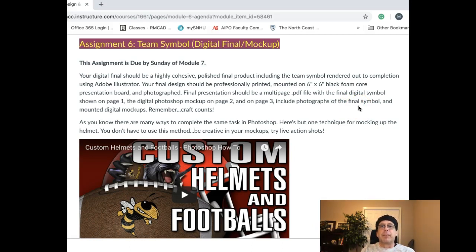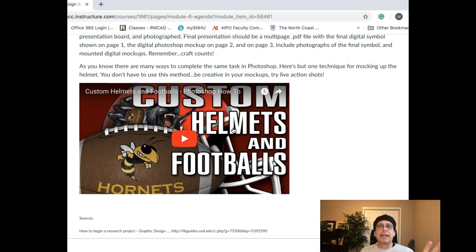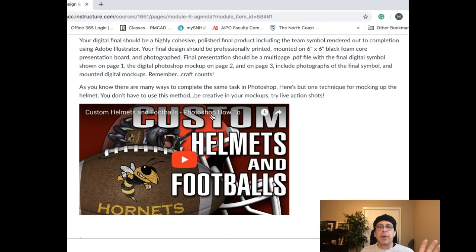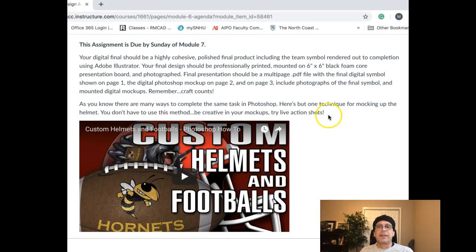the mounted digital mock-ups. Okay, so what's a digital mock-up? This is a nice little video that shows you one idea for mocking up your logo on a football helmet, but you can mock it up any way you want. It's going to entail using Photoshop, more than likely, but not necessarily. I would prefer that you mock it up on an actual photograph as opposed to an illustration. So a real life live shot like this, like the football, the logo on the football, right? But you're going to be putting it on a helmet. All right, so take this tutorial here and feel free to take other tutorials, and let's get this ready for